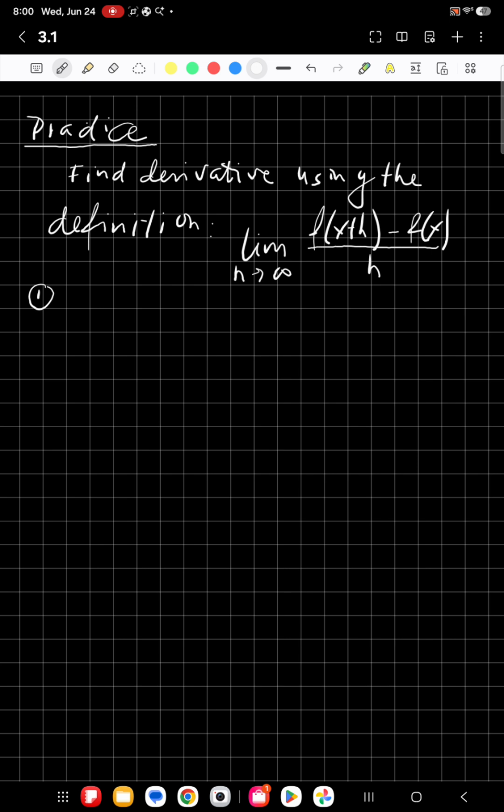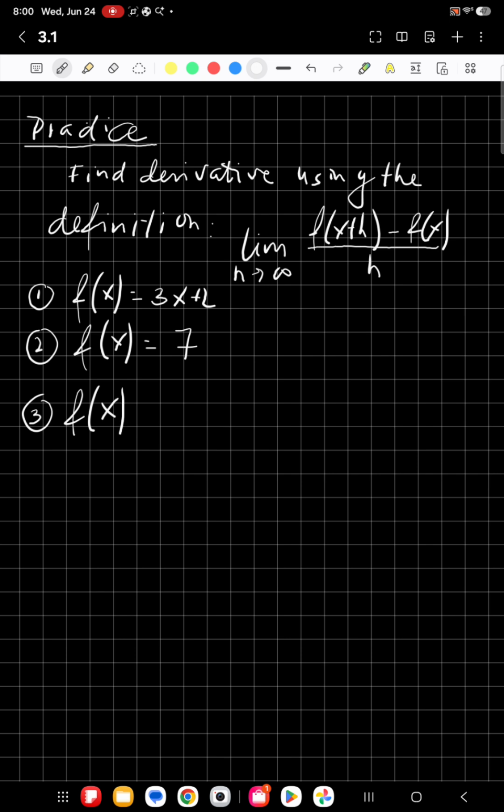So the first one is f of x equals 3x plus 2. The second one, f of x equals 7. And the third one is f of x equals 1 over x squared. These are problems where you just need to find the derivative. And the last one is find the slope